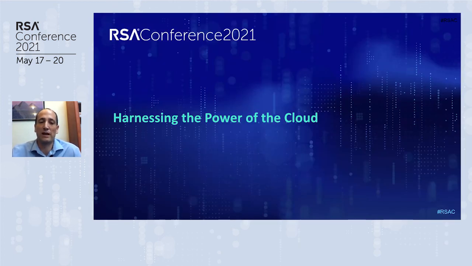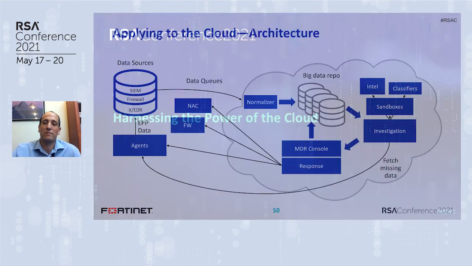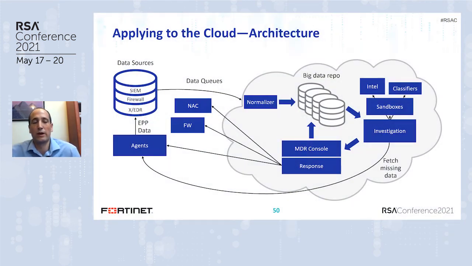So how do we apply all that to the cloud? This is the architecture we were using. We have all kinds of data sources, the firewall, EDR, and so on, and we push that data into data queues. Those queues lead to our normalizer, which pushes the data into a big data repository. And once we get there, investigation can begin. The investigation leverages sandboxes, the classifiers, intelligence, and everything at our disposal to get a good classification and scoping for the incident, which is later fed into the